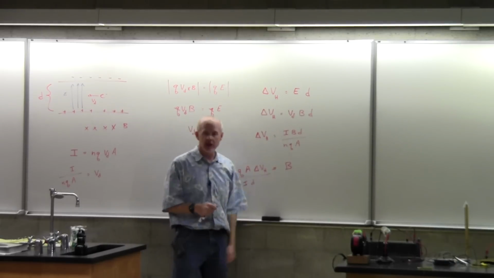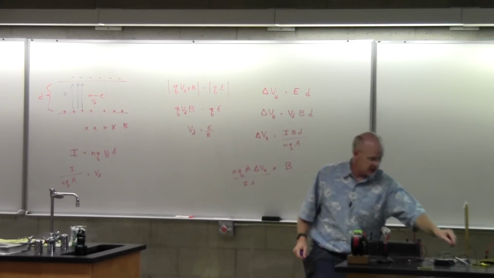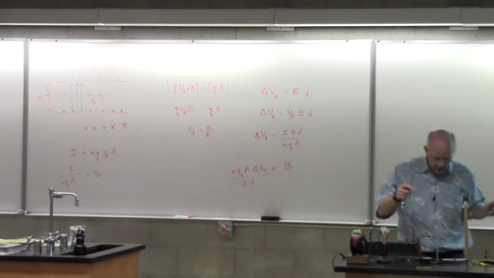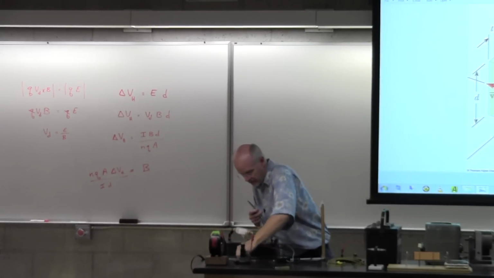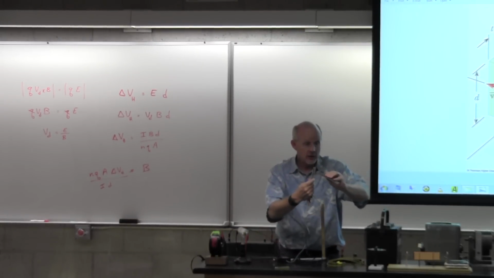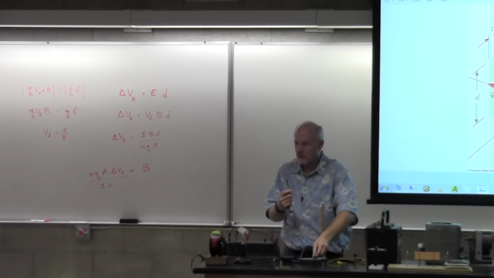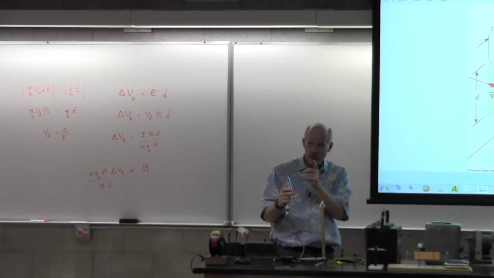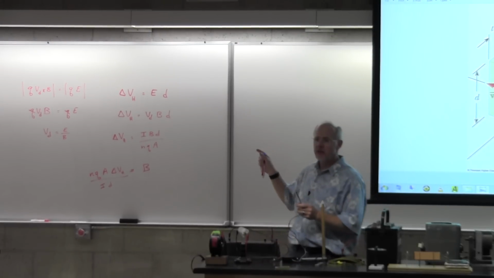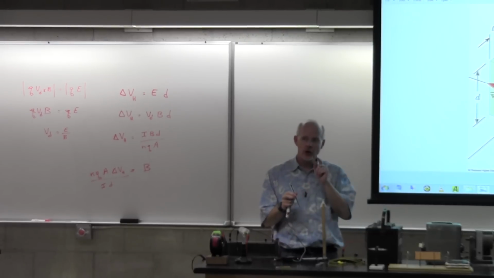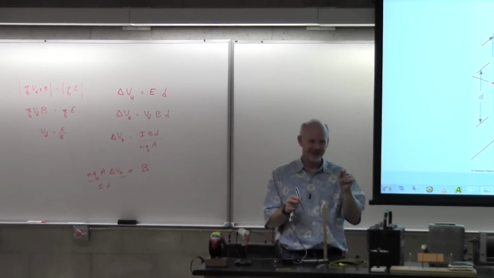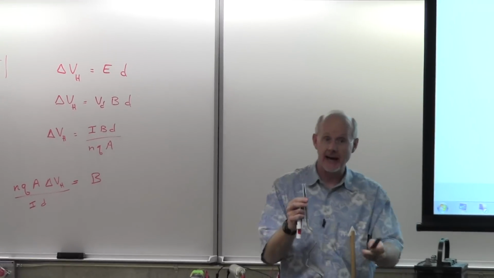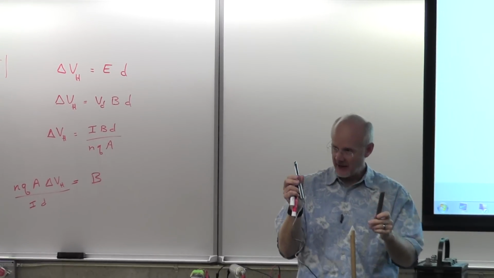From that, we can get the strength of the magnetic field. And so we are going to take this and put it here, and say, okay, what is the strength of the magnetic field from this bar magnet? But what I want to make sure you see is all this was derived with the current perpendicular to the field, wasn't it? So your biggest challenge in the lab will be to remember that you have to take that